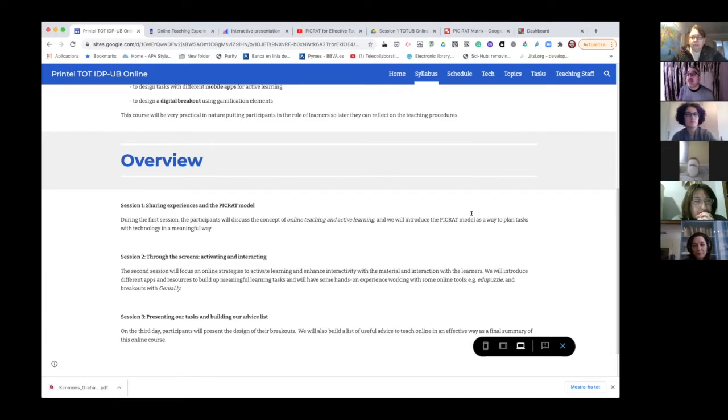And I'm going to give you as well in the second session information on how to design a digital breakout. Do you remember that we did that escape room in class in Barcelona? That there was a virus, you know, that we had to solve.